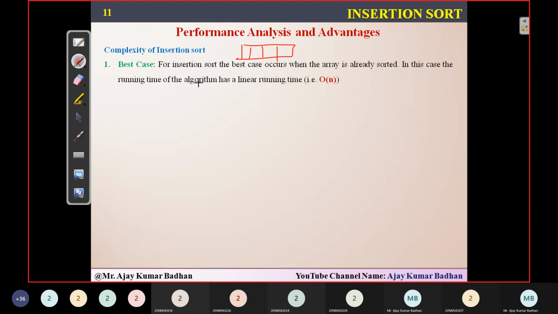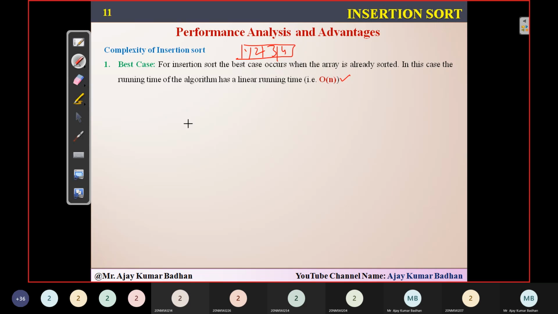Insertion sort we use for sorting an unsorted list, but here let us suppose that you have been given a sorted list. You wanted to sort the elements, but you have already been given a sorted array, something like 1, 2, 3, 4. It is already sorted. So in that case, the time complexity you are going to get is order of n.